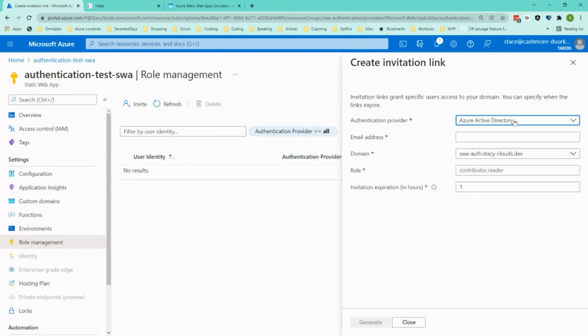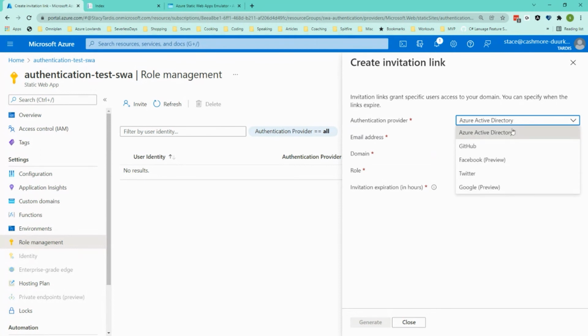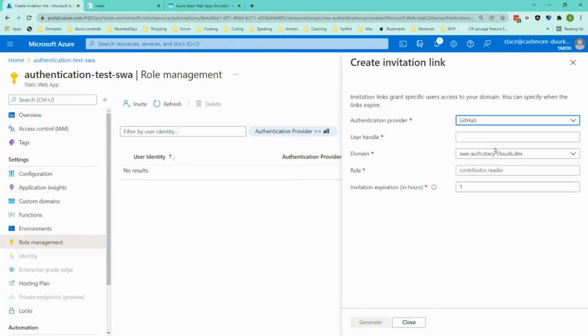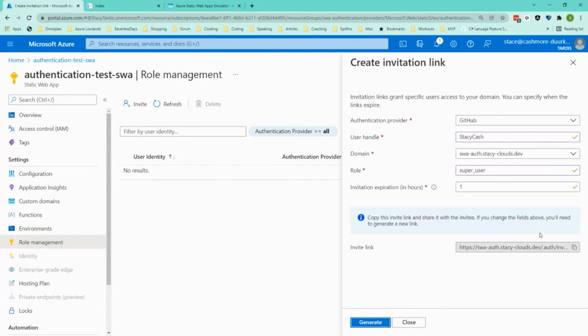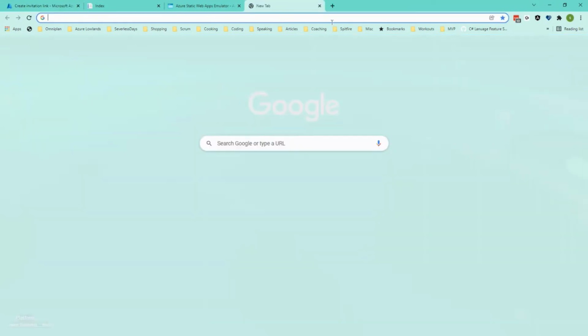So we click on that invite link, and then we get to pick between Azure Active Directory, GitHub, that Facebook preview that doesn't work yet unless you're on the inside preview, the Twitter or Google preview. We're going to go for GitHub here, and I am going to add my GitHub account. If I can use my mouse correctly. There we go. I'm going to bring my GitHub account in, and I am going to give my GitHub account that super user role. I'm going to generate an invite, and you get this link here. I can copy this, open it in a new tab,